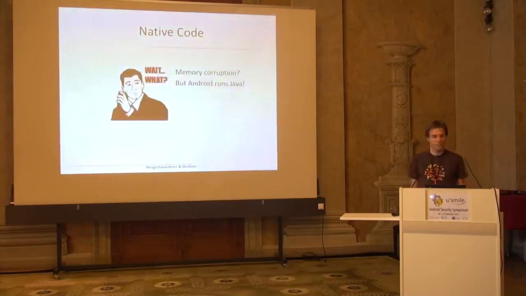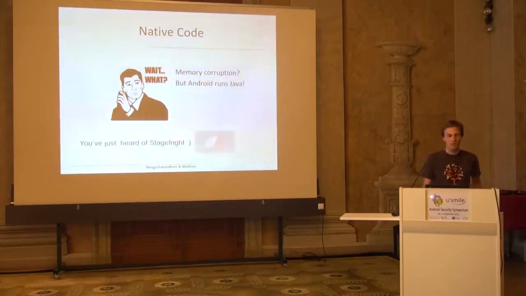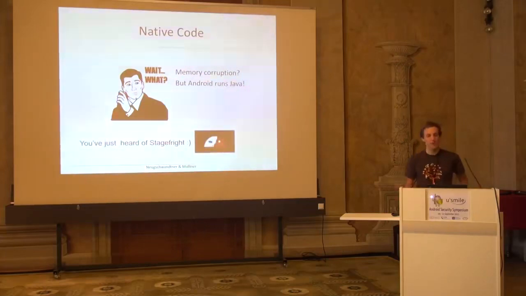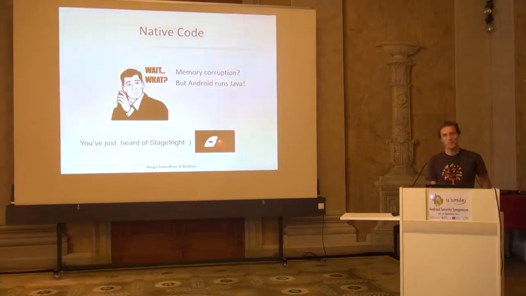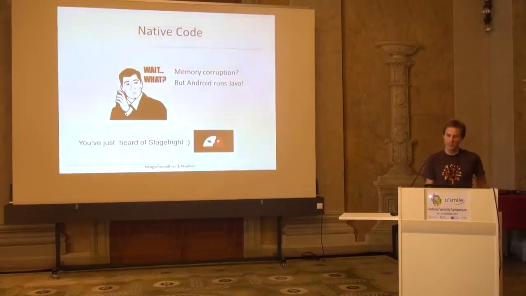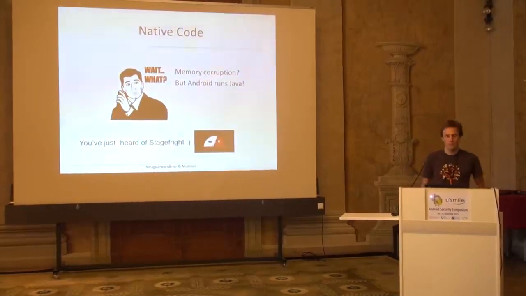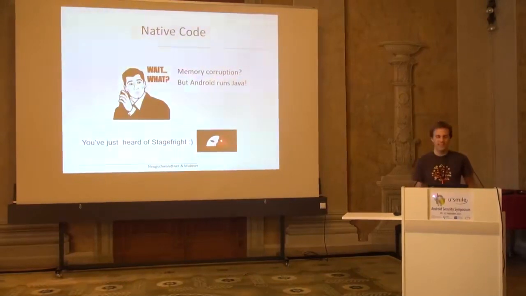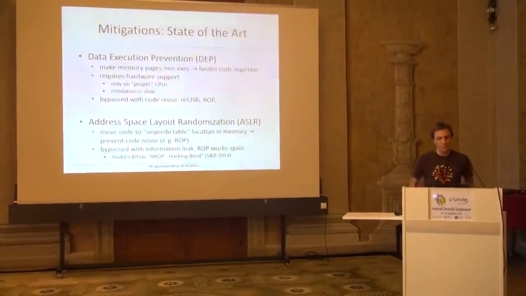So, native code. I'm really glad that native code has been mentioned before already. Native code and memory corruption, why do we talk about that? Well, we've heard about Android, where apps run Java, but it's definitely possible to run native code as well, and in the talk before, we were introduced to Stagefright already. So even on Android, you can sometimes have native code running if developers run a more insecure app, let's put it that way.